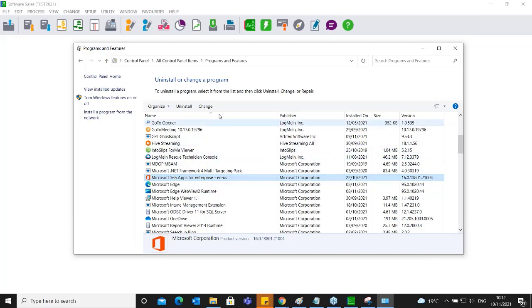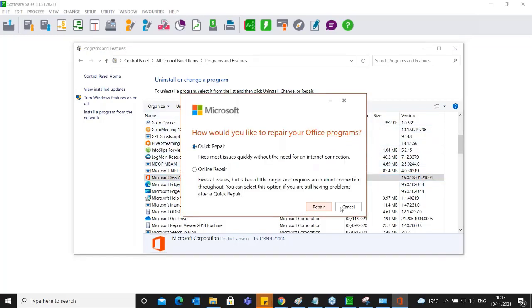Okay, so once you check that you've got the program installed and it is there, then to repair it. Okay, so you make sure that your Pastel is closed. You don't have any other program that's open, including any Office program. Make sure everything is closed, and the only thing that you should have open is your control panel where your programs and features are. So you just click on the button you want to change, and then you select the